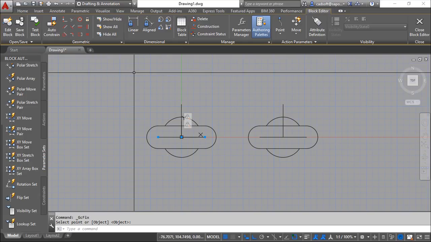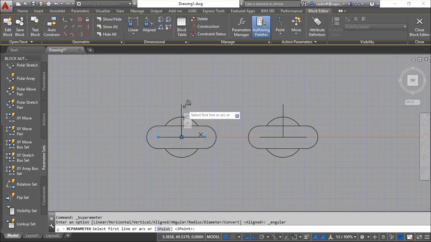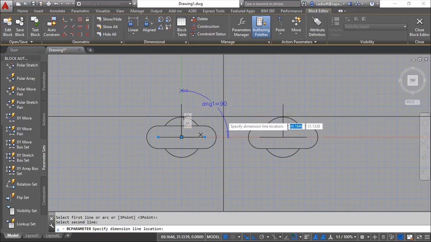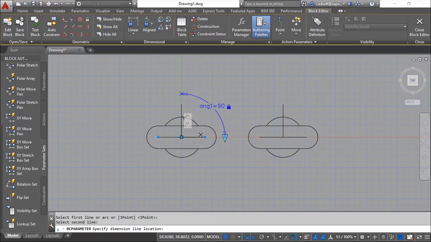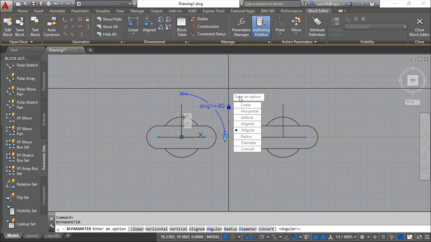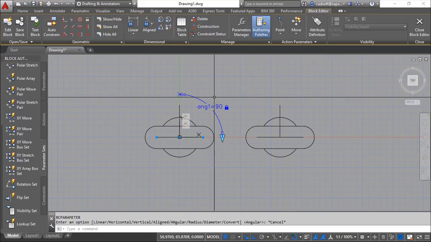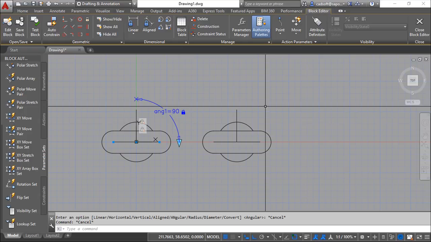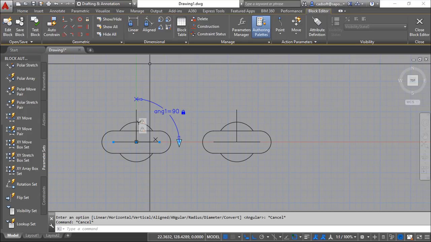I can put now an angular from here to here. Okay, ang1, and that's it. And I can now make the same thing in here. So